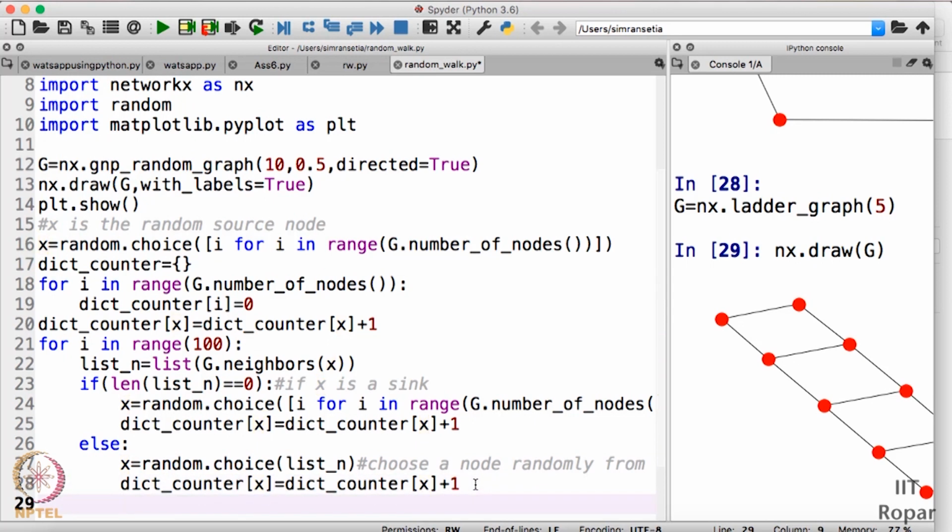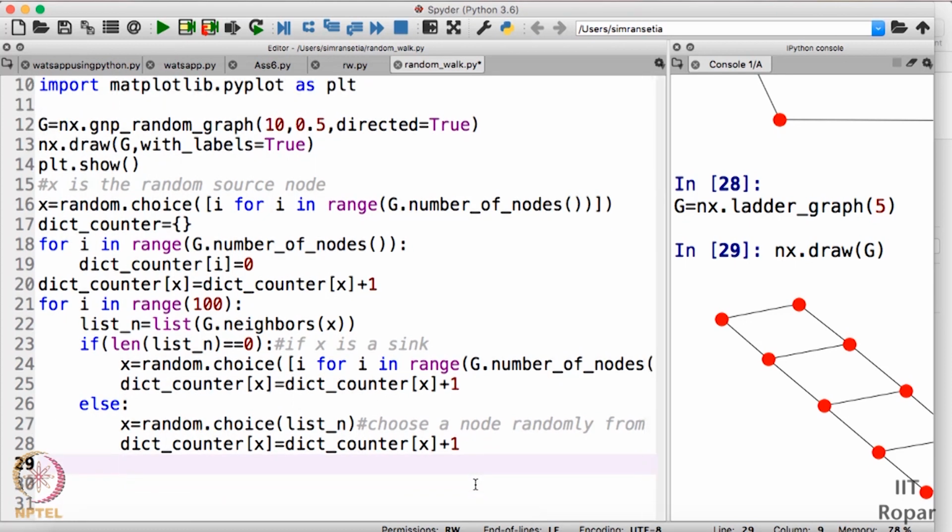In this particular loop, first of all we are looking for the neighbors of the source node. Our source node is x here. If it has no neighbors, that means if it is a sink, then we will choose a node randomly from the given set of nodes present in the graph. Otherwise, we will choose a node randomly from the list of neighbors of the given node.